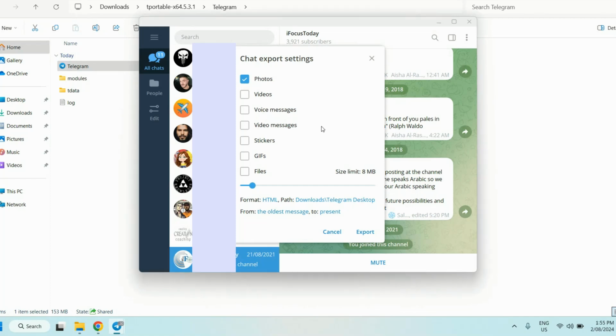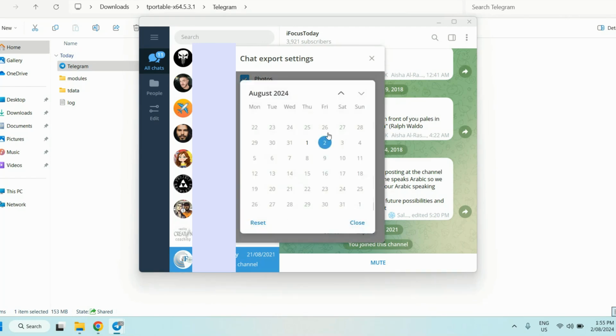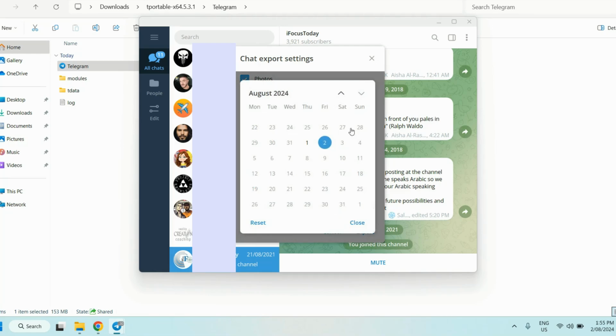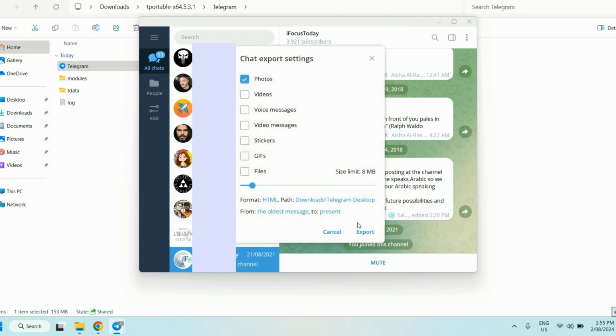I can also choose if I want to export from the oldest message or from some other date that is in this calendar over here. I can go back as far as I want, but I'm happy with the oldest message. So I'm going to close this. And then to present, yes, I'm happy from the oldest message to present. I can change that as well to be another date on the calendar. So now all I need to do is click export